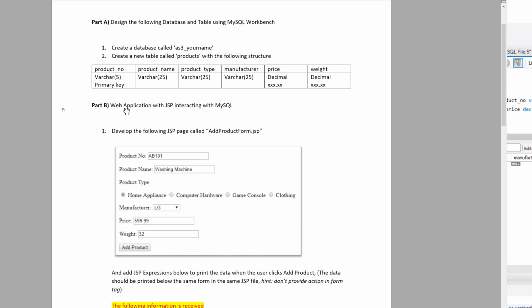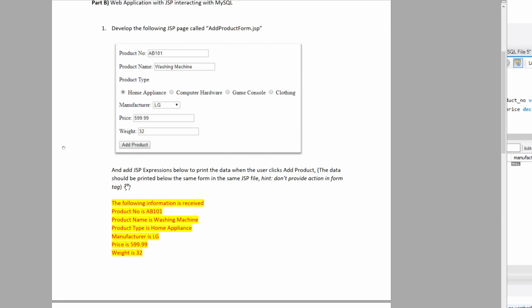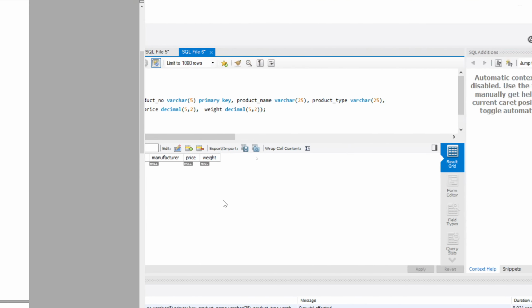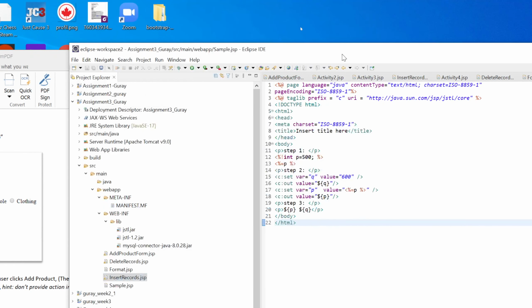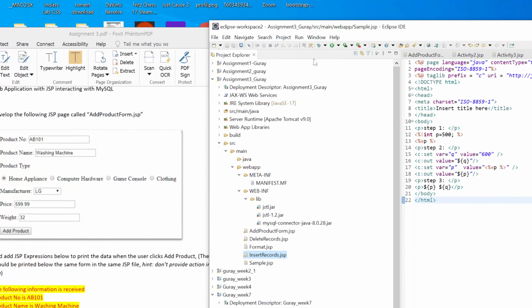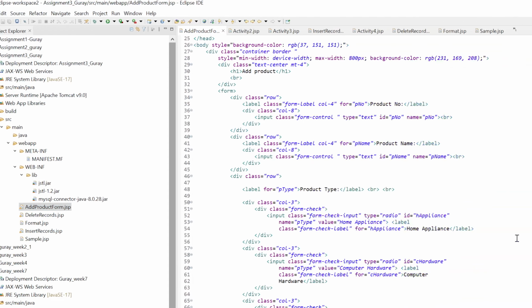For part B, we need to develop a JSP, and when the user inserts the data and clicks on the add product button, the information needs to be displayed under this form. Its name is add product. So inside our Eclipse,